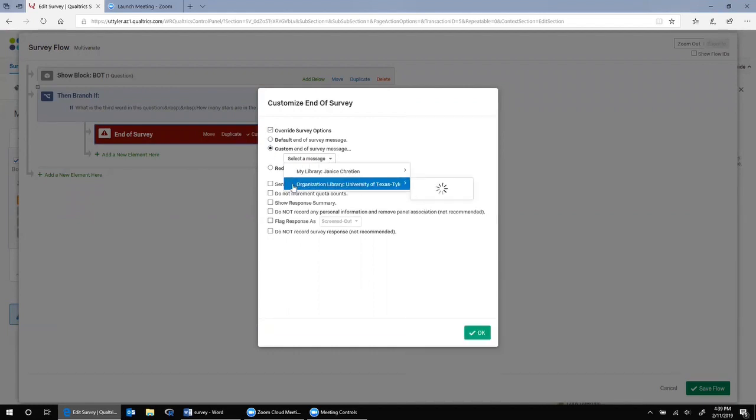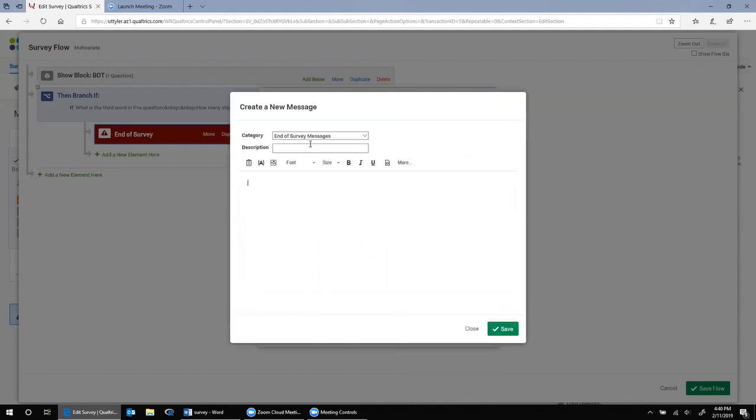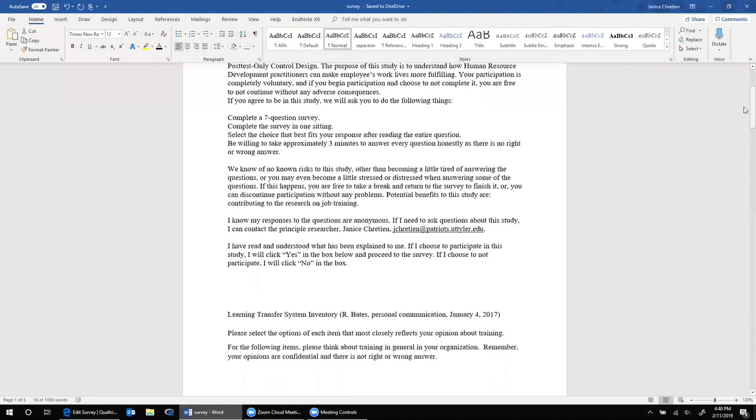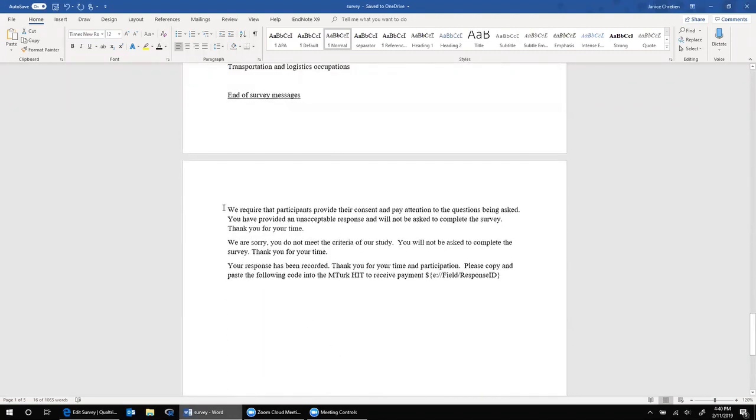You will have a library as well, although yours is empty and mine is not. I have lots of them in here, but let me show you. You're going to just go to new message. You're going to name it. Nobody sees this but you, so name it something that makes sense to you. And then hopefully, whenever you created your document of your survey, you've put in the suggested options for end of